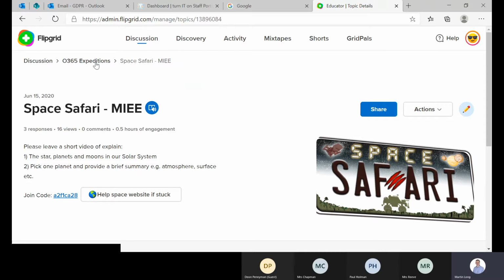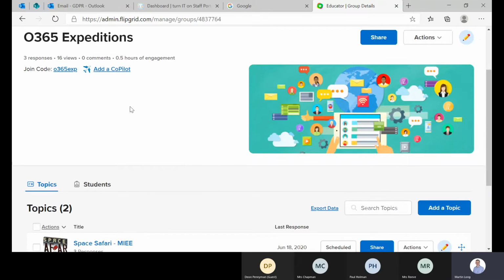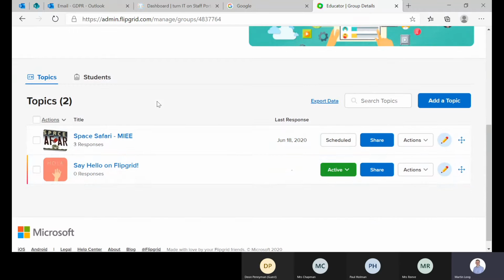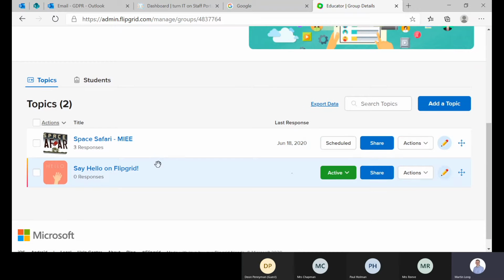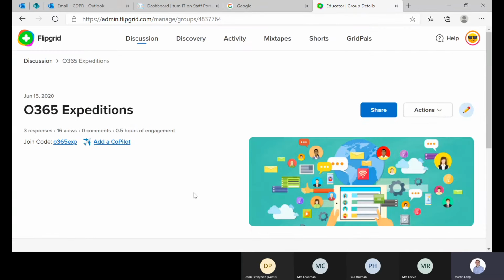So there's lots of different ways to use the topics. I would say make your grid a very broad, high-level subject or theme within the school that you know you've got several individual conversations to have, and the topics are like conversations, challenges, discussions going on, and they can then build up in here as a list of topics underneath that one category, a bit like you would have suspension files in a filing cabinet.